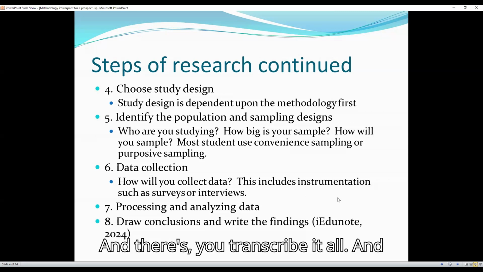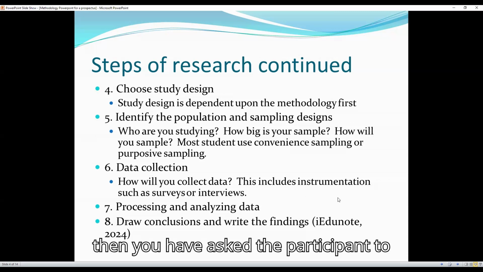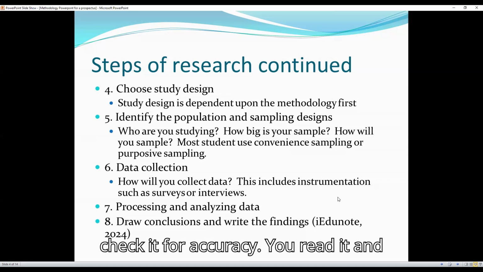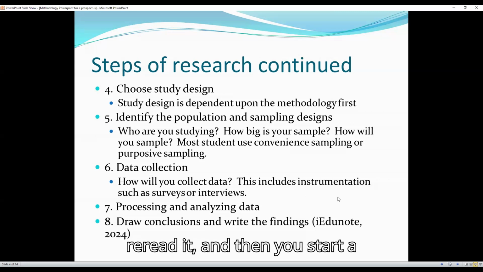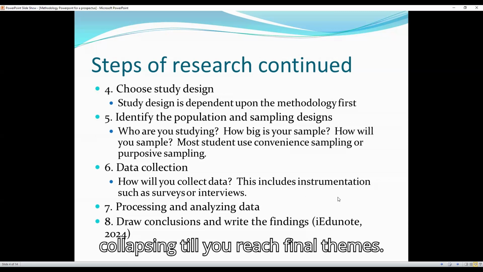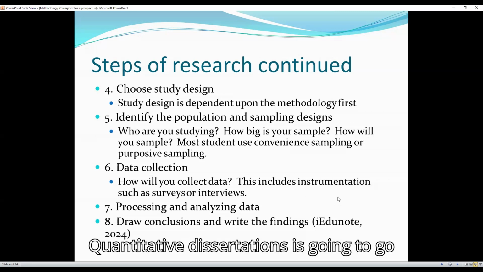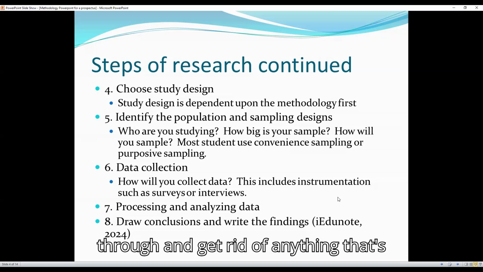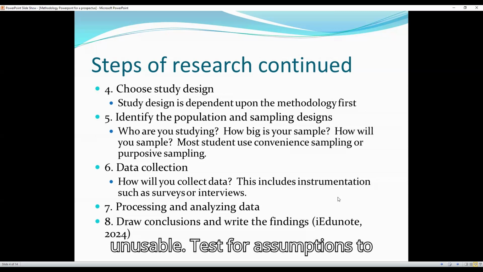and you transcribe it all, and then you ask the participant to check it for accuracy. You read it and reread it, and then you start a combination of coding and collapsing till you reach final themes. Quantitative dissertations, you're going to go through and get rid of anything that's unusable, test for assumptions